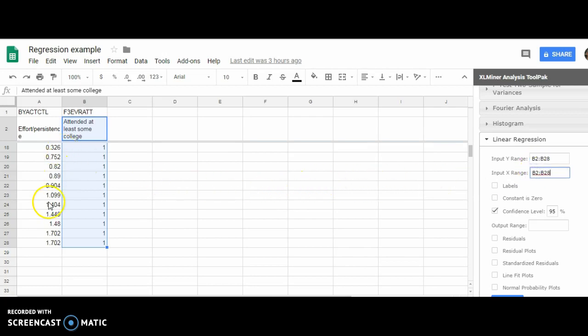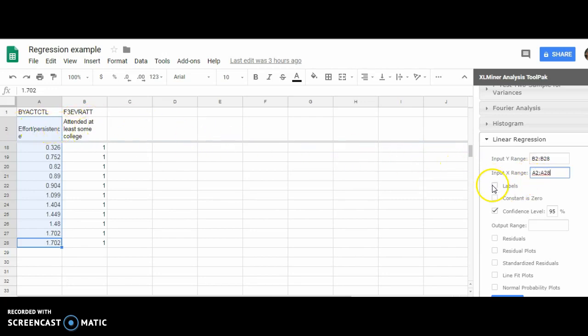And next, I'm going to select, notice I'm selecting all the way up to row 2. I'm not including row 1. I should only include one row of headers. The other idea would be to delete out row 2 and then select up to row 1 by clicking here. So B2 through B28 is my Y range, A2 through A28 is my X range, and since I am including